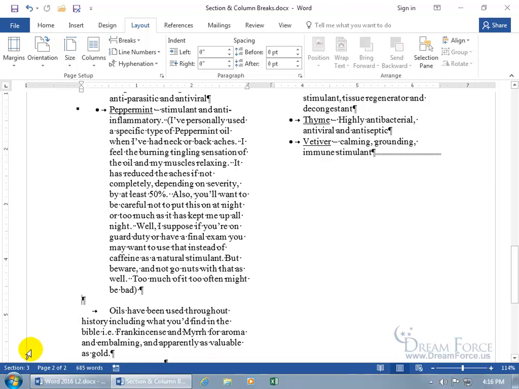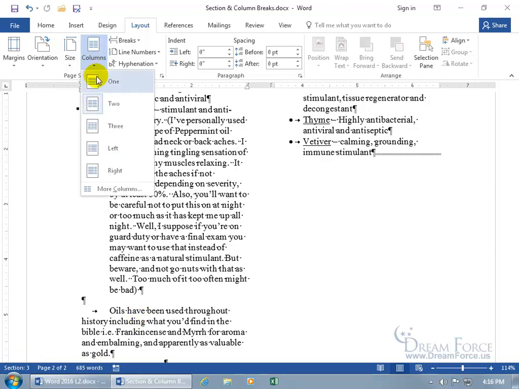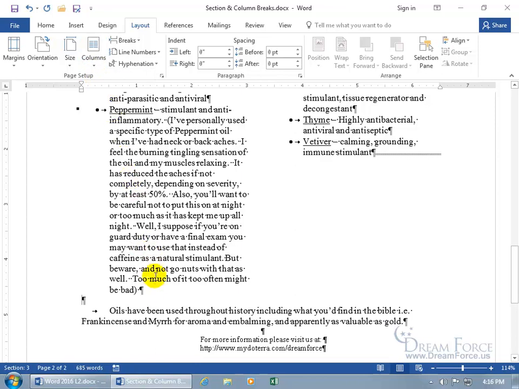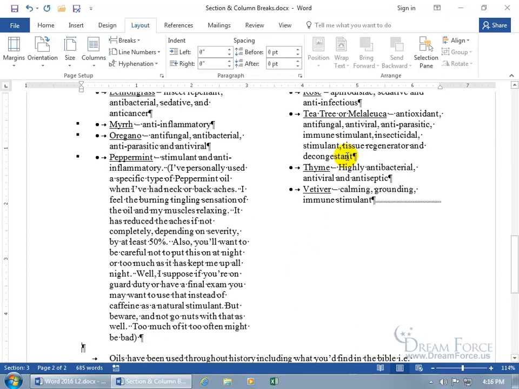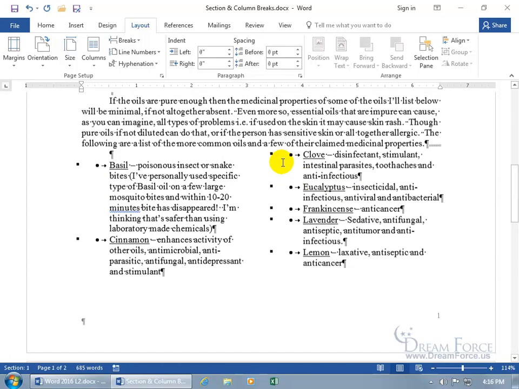I'm in the 3rd section. And so being in the 3rd section, if I don't want that to be 2 columns, then come up here, click on columns and say 1. Oh, see that? It didn't go above the break here to convert everything from that point to the next point